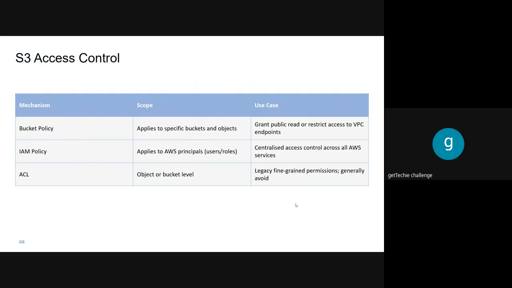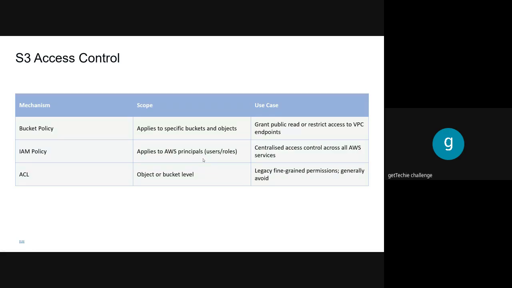How do you control access to your bucket? You use S3 bucket policy, and we'll be doing that in this course. We can also use the IAM policy. All of us know IAM now, we should be concerned about IAM. Then we also use ACL to control access. What does a bucket policy do? It applies to a specific bucket and object, right? IAM policy applies to an AWS principal. Who is using it? What policy should this person use?